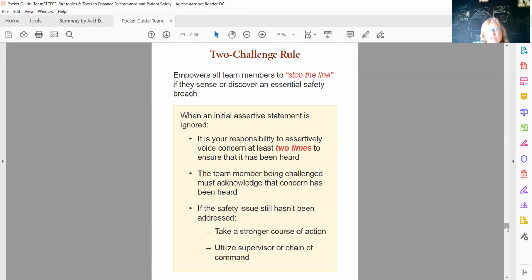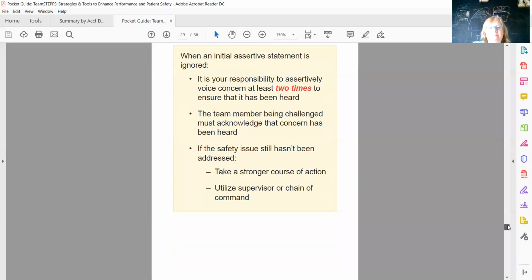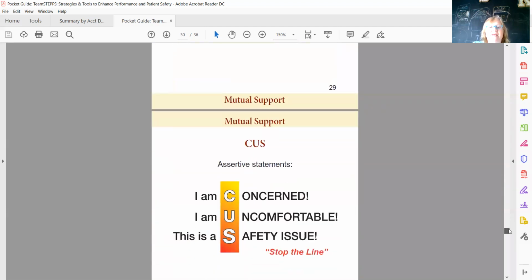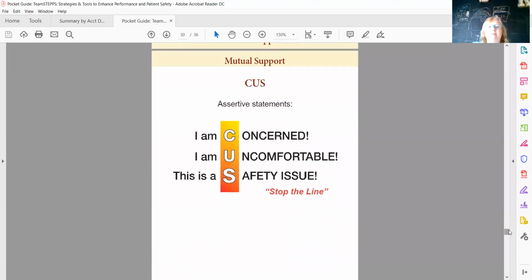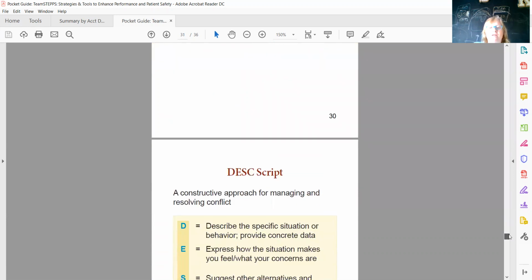So then you've raised it twice directly. Still you are concerned, still you have not received a response that enables you to believe this is not an unsafe situation. You move forward with a stronger course of action. So the two-challenge rule. And then you use your CUS statements. I am concerned. I am uncomfortable. This is a safety issue. Those are direct and they ring a bell in everyone's head. I'm concerned. I am uncomfortable. This is a safety issue. And that's all about